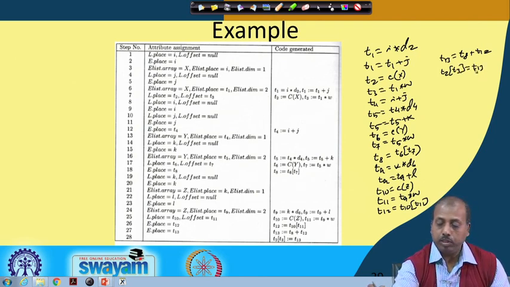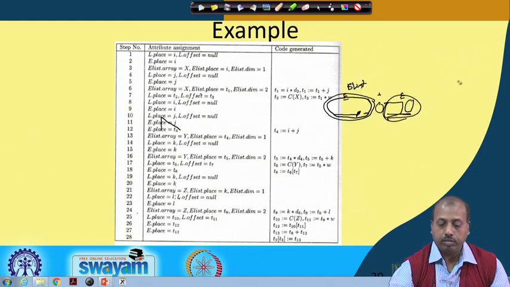So, let us try to correlate this code with the example that we had taken.